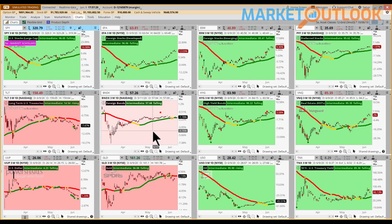The lighter pink suggests that we do have a bearish intermediate posture, but it's not strongly bearish. It's just weakly bearish at this point. So maybe a chart that's in transition and trying to figure itself out right now. The intermediate line is at 57 right now on foreign bonds and falling. If it were to fall below 50, then it would join the others with that darker shade of pink on